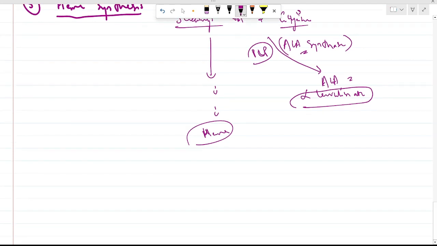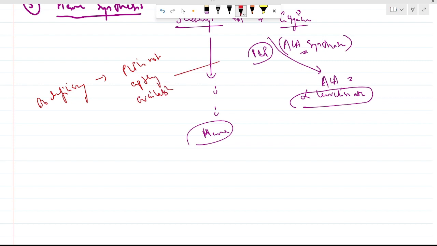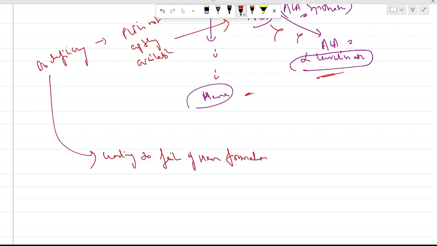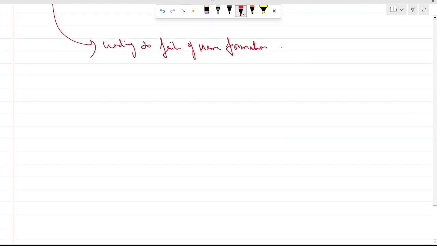Now we are going to see what happens in case of B6 deficiency. PLP is not aptly available, so this reaction fails. When this intermediate reaction fails, the synthesis of heme fails. This B6 deficiency leads to failure of heme formation. What we know happens after this, it leads to microcytic hypochromic anemia